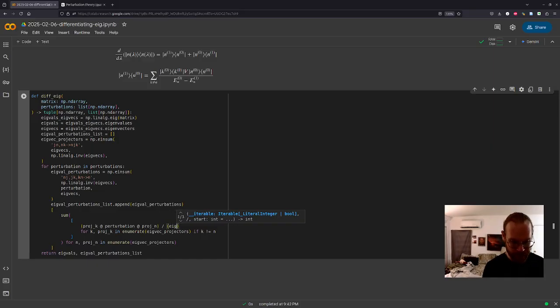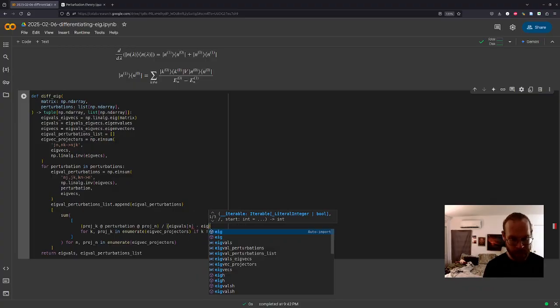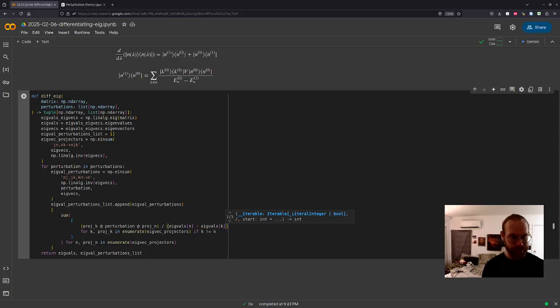And then I guess I'll just index the eigenvalues. Eigenvals, what is it? It's n minus eigenvals k. So that's the list of the n1, n0.